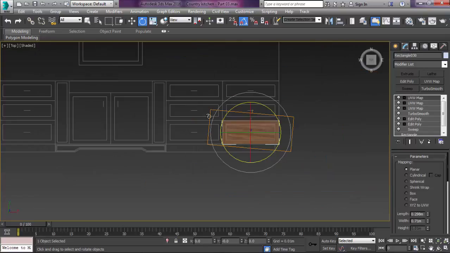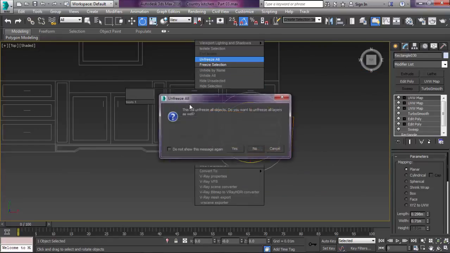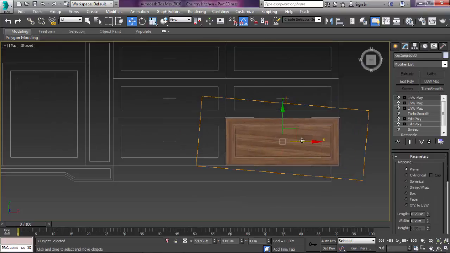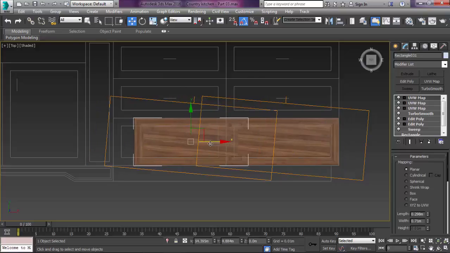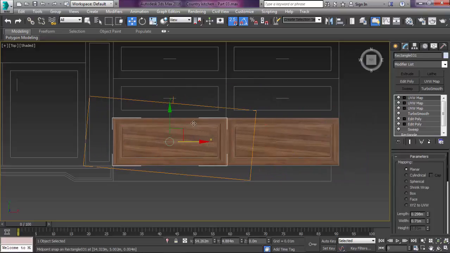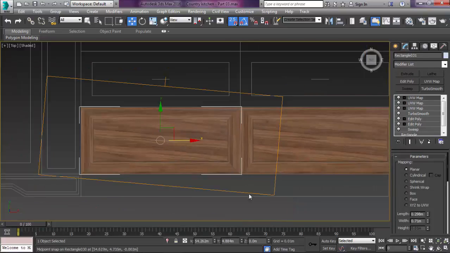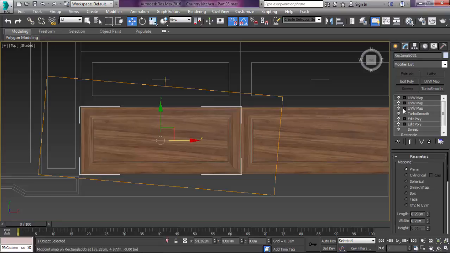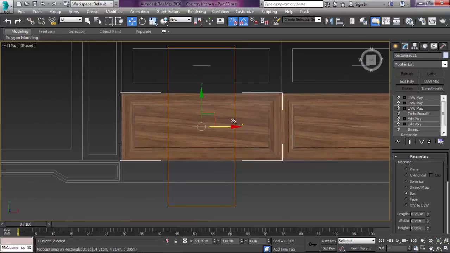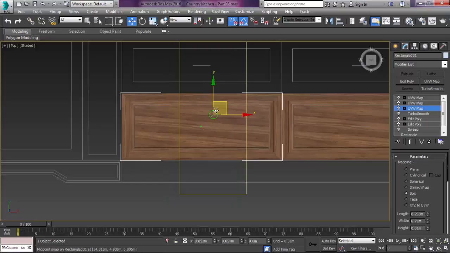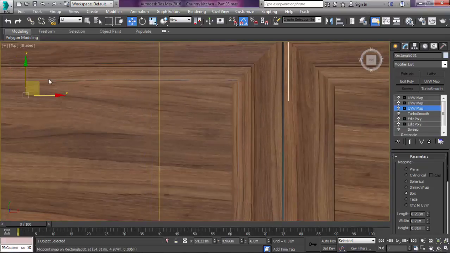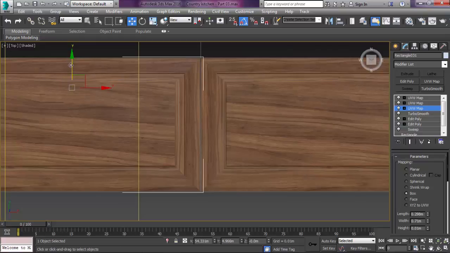Okay, so now let's unfreeze all, and I'm gonna start creating my copies. So simply like this. Now to make it more realistic, we're gonna have to select each one of those and move them around a bit so my pattern is not repetitive. So it's something like this,